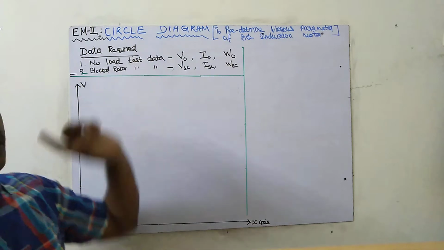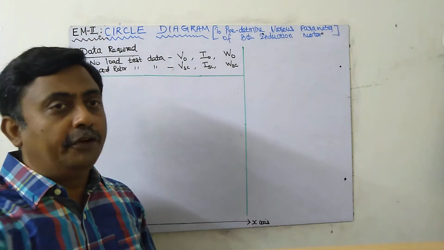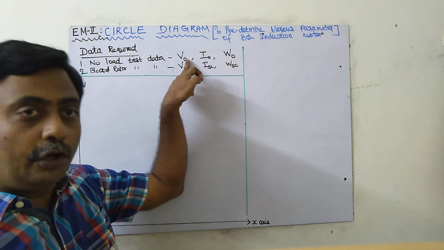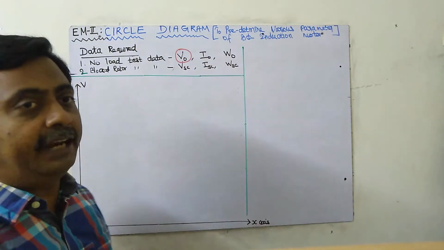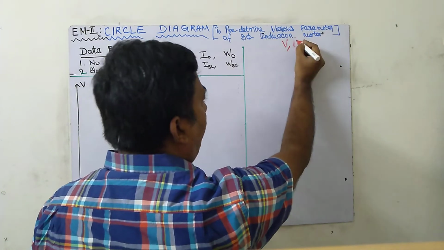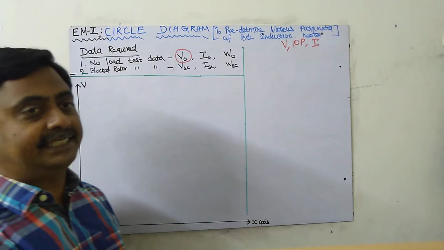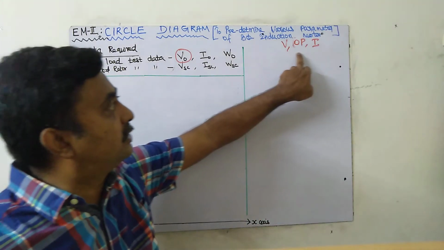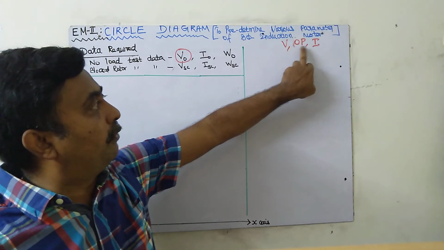First we have to give the supply voltage. For the no load test, there should be no load at all. The load should be free, that is, the rotor should be free to rotate. We have to give rated voltage. Here V0 is equal to the rated voltage. How do we know the rated voltage? The rated voltage, rated output power and rated current of the primary, meaning stator, will be given. The nameplate details will give all those things. So the rated voltage is a known quantity, rated output power also known, and rated current.